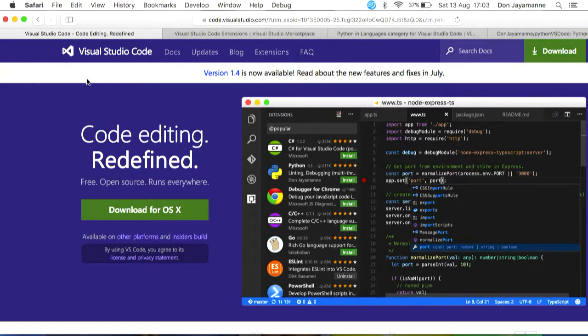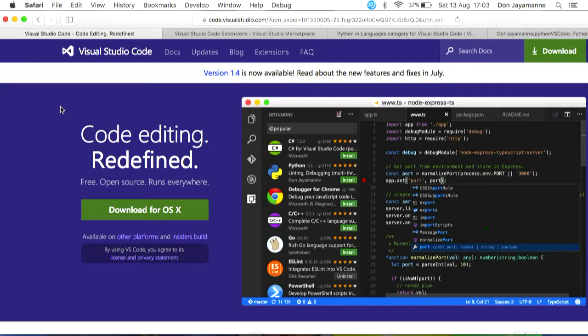What is Visual Studio Code? It is very similar to Atom. It's a cross-platform editor for multiple languages. It's developed in Node.js. And by the way, it's developed by Microsoft. So that's why it's called Visual Studio Code. It supports multiple languages, C#, Python, JavaScript, C++, and a couple of others. Out of the box, you get support for Git, IntelliSense, colorization, and plenty